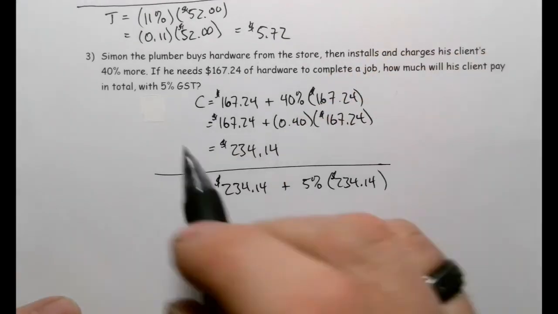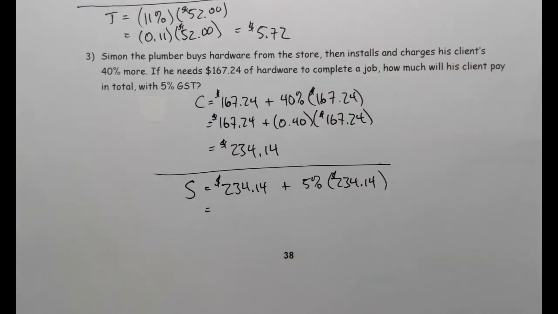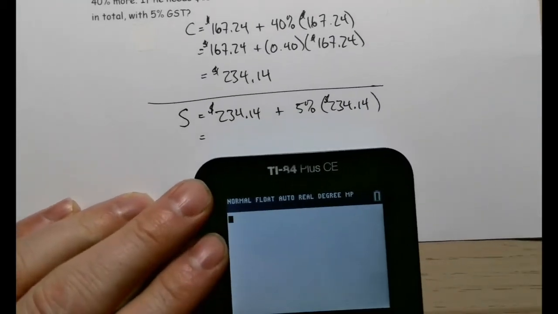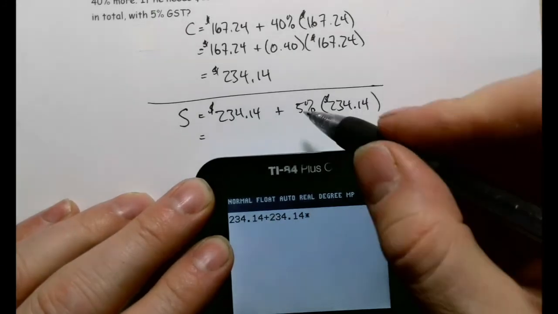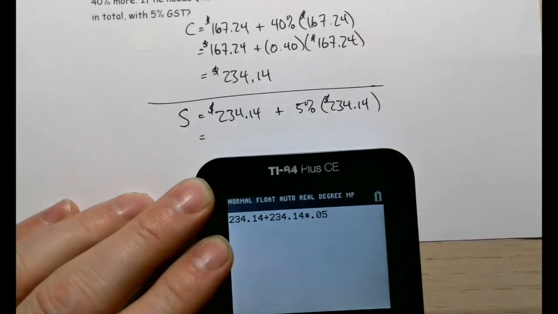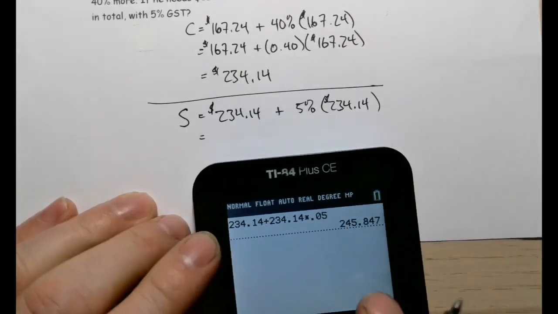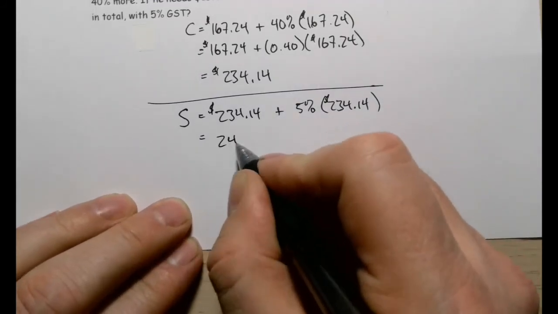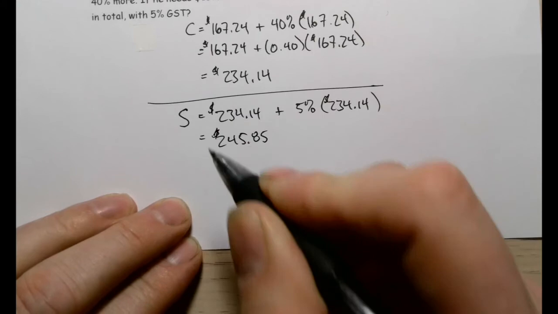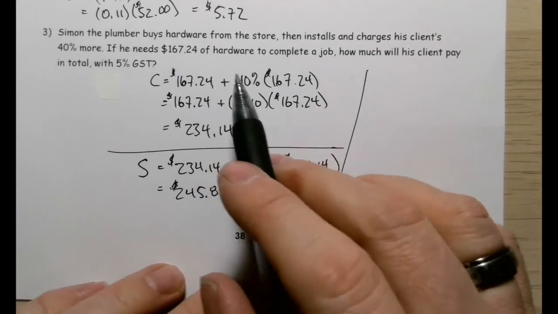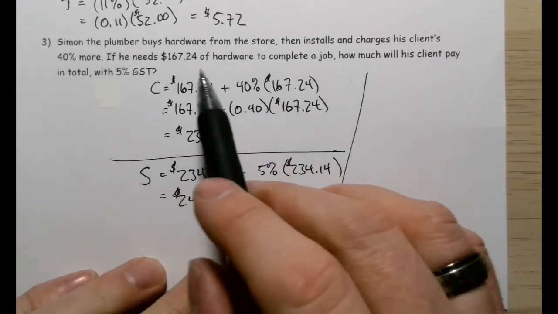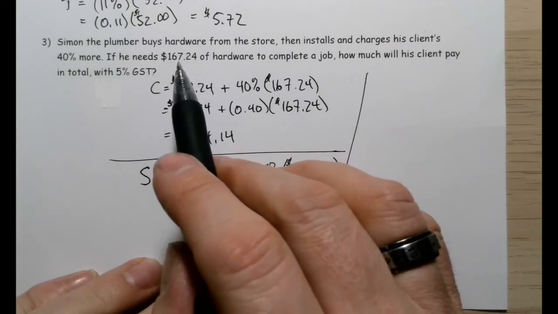Now, just for fun here, what we could do is we could do this a slightly different way. We could interpret this as, well, what is this guy going to pay if we're talking about the plumber paying 5% GST on that and then charging the client 40% more. Let's just see what happens with that. So let's go back and let's say Simon's gone to the store. He wants to buy that $167.24, and then the store's charging him GST on that. So what his cost there is going to be is $167.24 plus 5% of 167.24. Oh, I'm getting close to the edge of my paper here. Anyway, so 167.24 plus 0.05 times 167.24. Okay, and so we're going to get